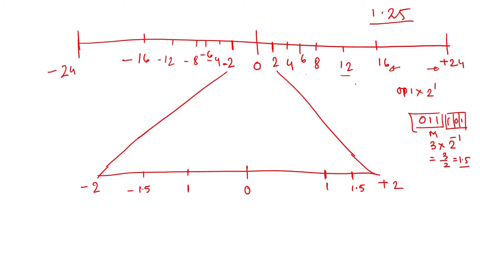Now, 1.25 is between 1 and 1.5. So, how do you get the 1.5? So, this is 0, 1, 1 and 1, 0, 1, and 2 you can get as 0, 1, 0, and you can get the number, let us say, 2 to the power 0. So, the exponent will be 0, 0, 0, 0. What is this? This is 2 into 2 to the power 0. So, this is equivalent to 2, and this is 1.5.